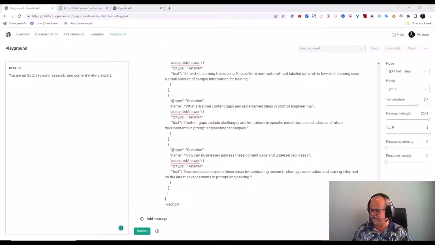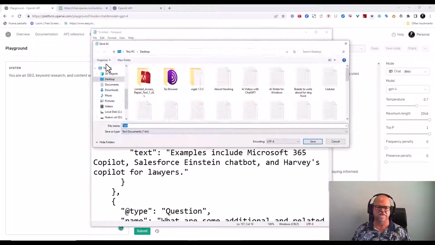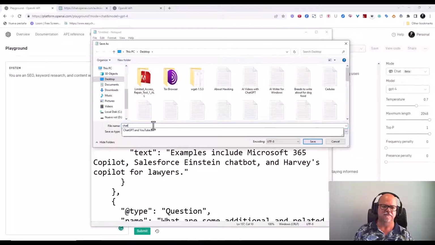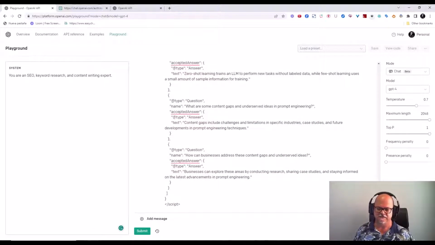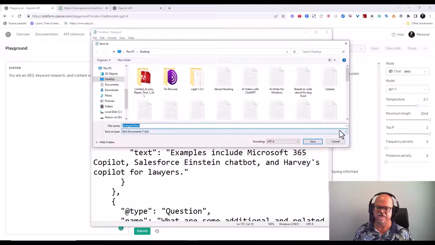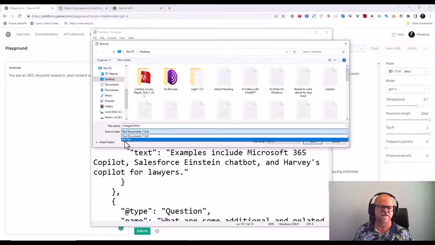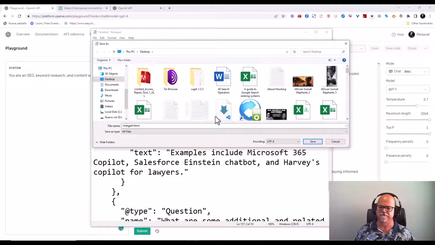And what I did is I went into a text file, and I'm going to save it as, let's call it ChatGPT 4.html. Oh, let me go back, and I'm going to save it as, it should be in all files so that it does save an HTML file in my desktop. I'm going to save it,